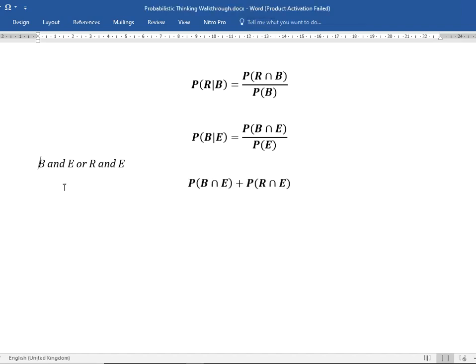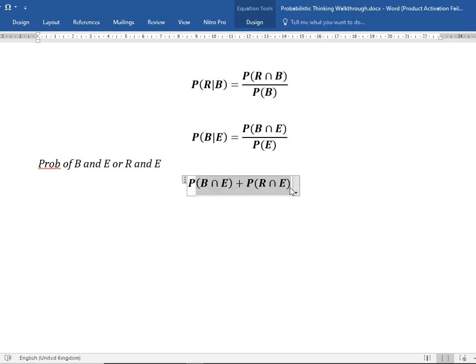Okay. So let me put probability of B and E, or probability of R and E. Even if I say probability of B and E or R and E, if I just do this, it still kind of makes sense, because here we'll just try to keep a bracket. Okay, so we can just do this and do that at the end, and just remove this. Still pretty much the same thing,